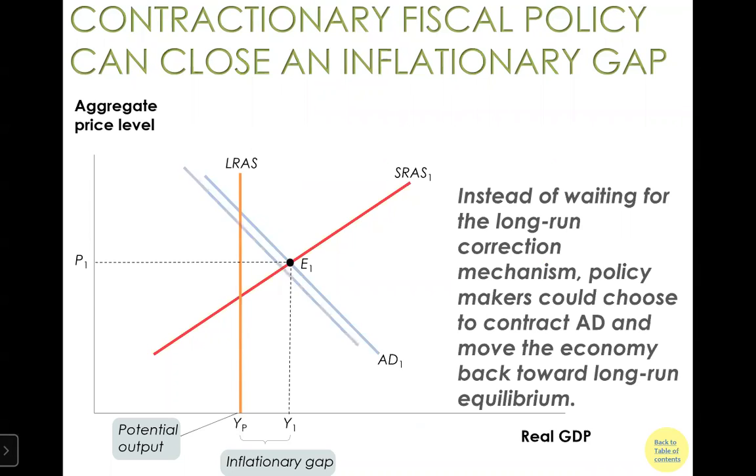Now, what can the government do? The government is trying to cool down the economy by either increasing the tax rate, so that households have less disposable income, or reducing transfers. Furthermore, the government can reduce government purchases of goods and services. In either case, you are going to see the aggregate demand will be depressed, and now we are going to adjust back to E2, in which the economy is going to produce what we can potentially produce.